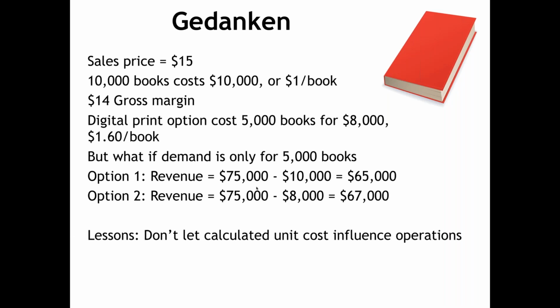And I know this is a simple example and deliberately so, but okay, let's add 6 zeros to this. And now we're talking about General Motors, right? Or add 3 zeros to it, and you're talking about a lot of different businesses. These are real decisions in the real world that have significant impact on cash. And cost accounting leads inexplicably to the wrong decisions in these examples and many others. Now, what we need to do instead, and that's what we're going to talk about next, is model cash flow, not accounting calculations.